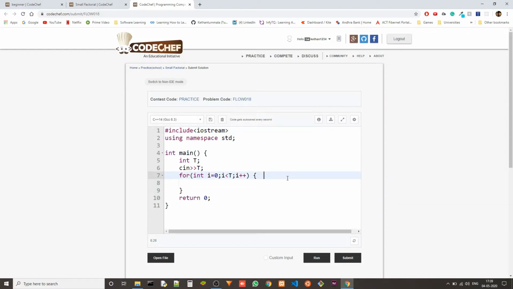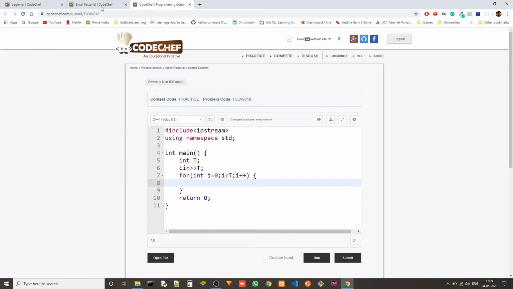Now, factorial of some number, let's say 5, is equal to 5 into 4 into 3 into 2 into 1, right? We have to multiply it by decrementing 1 each time until it goes to 1. If it is 6, it is 6 into 5 into 4 into 3 into 2 into 1. It's as simple as that. That's factorial of n.